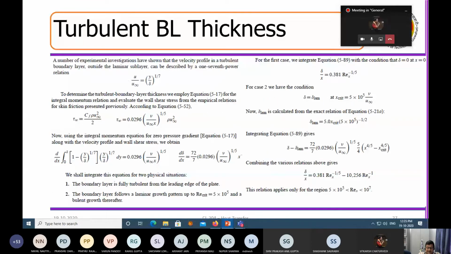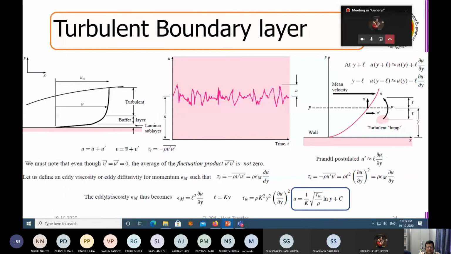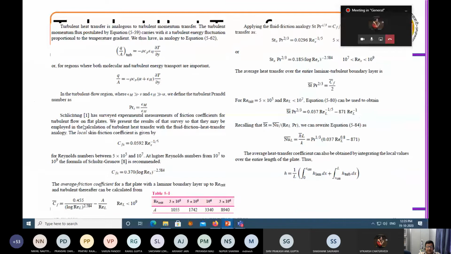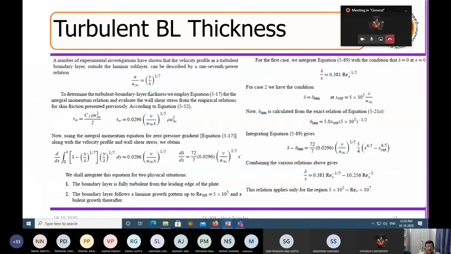Now, one very interesting thing that people have found out is that this boundary layer profile fits in very well with this. It is a huge amount of research. After that, people could find out that this fits in with the 1/7 law. The laminar profile is always parabolic, but in this situation, you can see u by u infinity fits in very well with the 1/7 law.